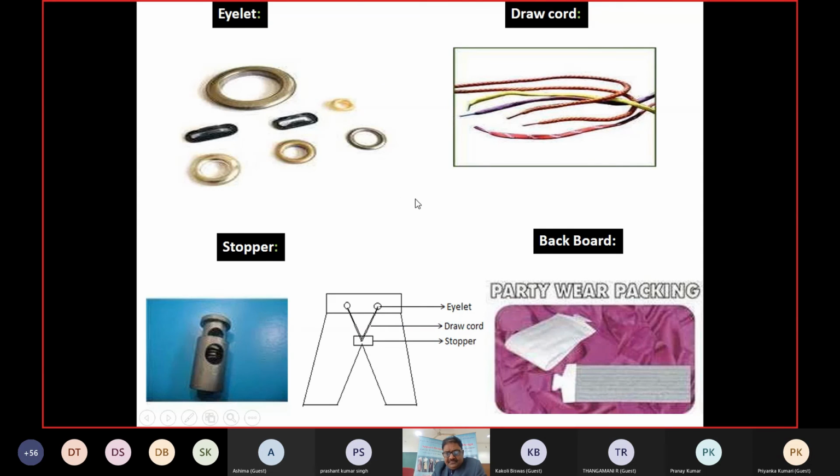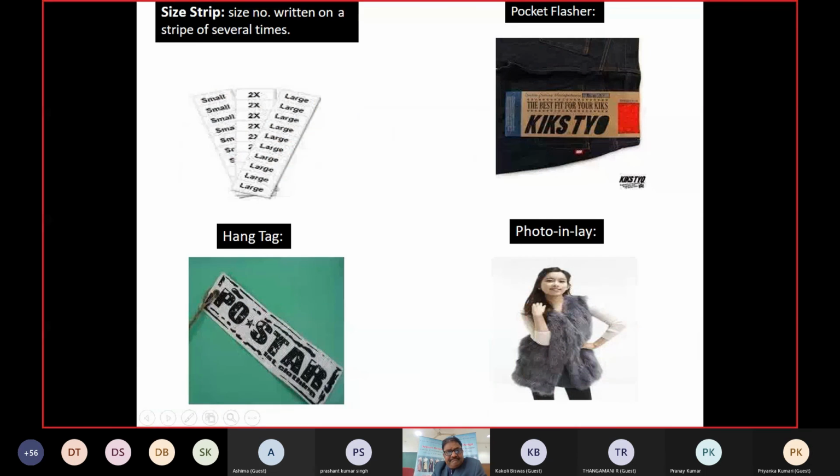Eyelet and drop cord. This is the size strip, size number. All these are the accessories. Pocket flasher is put on the pocket for communicating the image of the brand and also for easy identification of the back pocket. Hang tag.